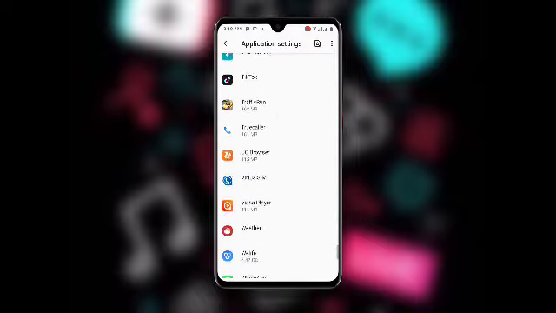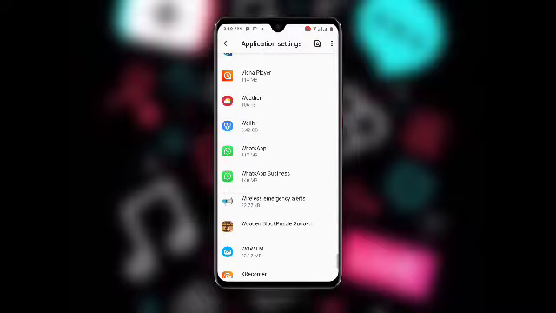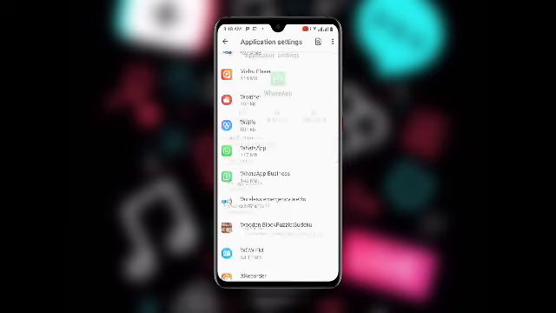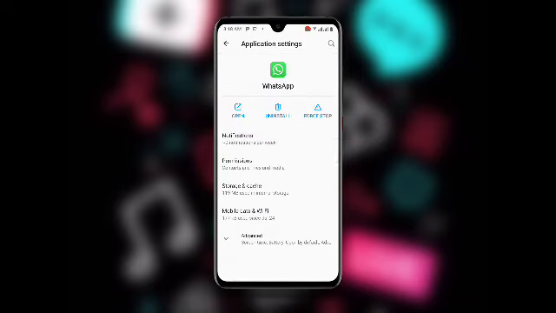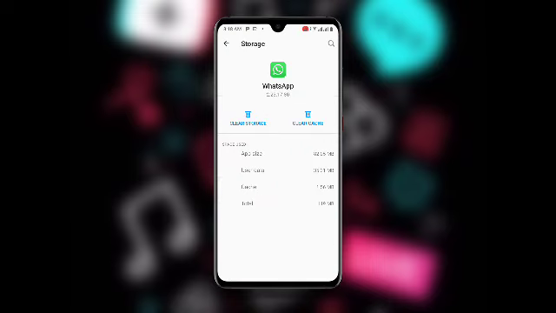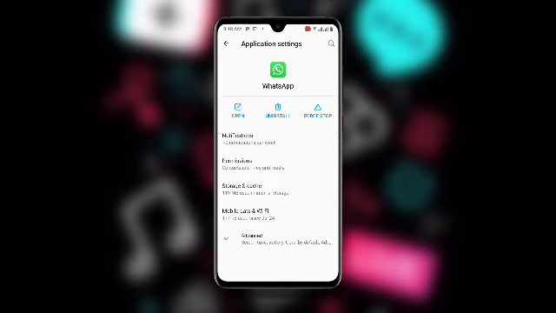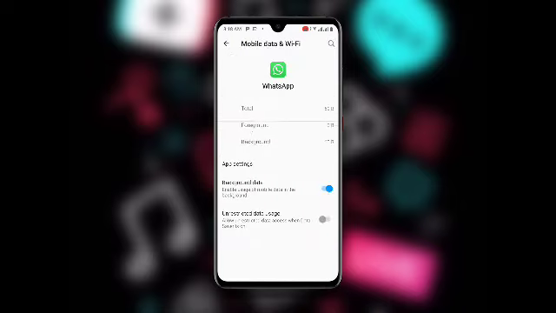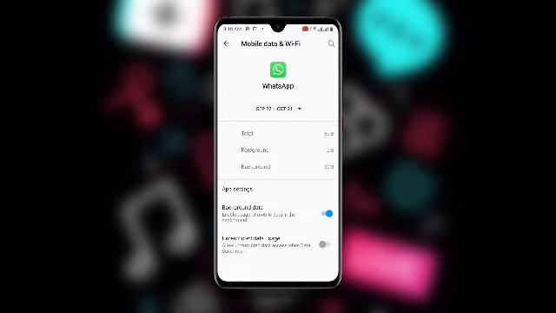Okay, so just click on your WhatsApp over here. Now once you click on your WhatsApp, you can see storage and cache. Just clear storage and cache of your WhatsApp over here, and then once you are done, you can see mobile data over Wi-Fi. You can see background data. You need to make sure this option is on,